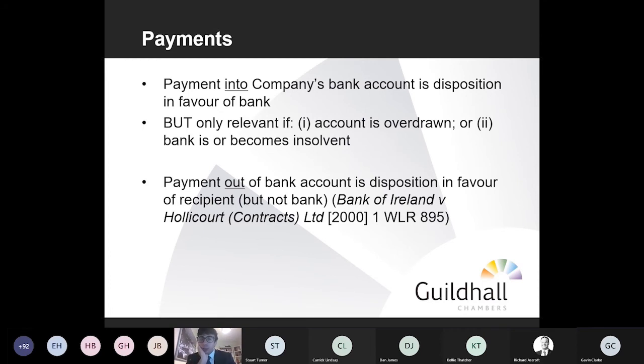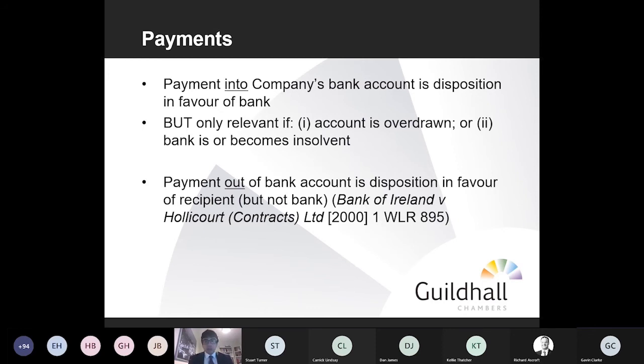And one might think that's slightly odd. Where the company's being paid, how can they be a disposal of the company's property? And the answer is because a bank account is simply a relationship of debt and credit between the bank's customer and the bank. If a bank account is in credit, what that means is the customer has lent the bank money. If it's in debit, then the customer has borrowed money from the bank. So if money is paid into a company's bank account, then the net effect is that the company is either lending the monies to the bank, or it is using it to repay what it owes to the bank.